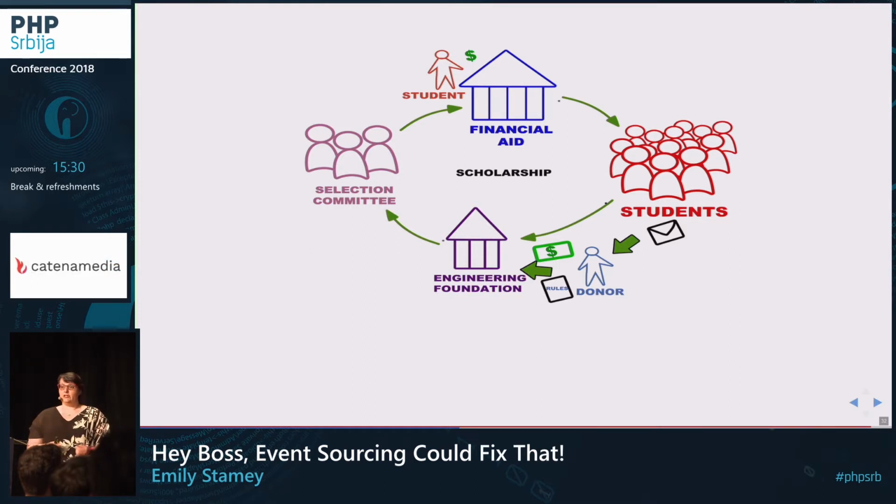And we had the engineering foundation, which kept relationships with donors to try to encourage them to donate money to students and to help manage the money in funds that would accrue money for the students. Then we had our selection committee who would meet whenever there was money available, look at the students in their department and try to figure out who was the best qualified student to get the money. All of this was really important, and then at the end of the year, they would report that information to the financial aid office to say, these students will get scholarships at this time. And we were